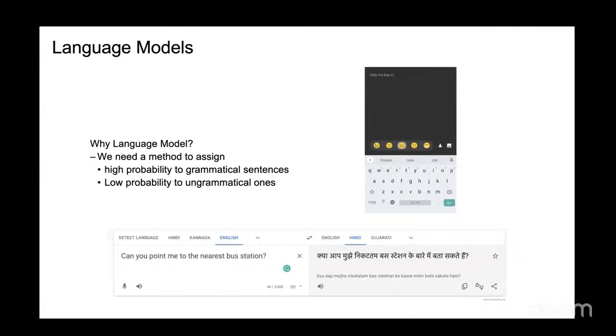Whenever you give a sequence of words, it tries to figure out what is the most probable next word you are going to input. So if you see here, "help me buy a", it gives you three possible options: house, new, or a car. Based on that, I can select, and the model also tries to learn from everything you give as input, which would go as training data for a future iteration of the model.